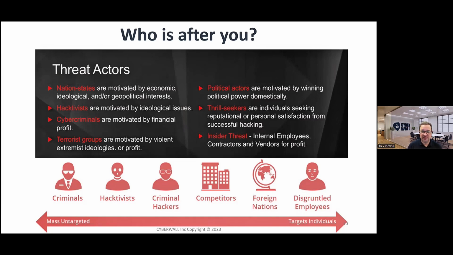So there are a lot of terroristic groups and organizations. For the last 3 or maybe even 4 elections in the United States, we heard every single time that the Democratic conference was hacked, the Republican was hacked. So there are political actors who are trying to gain access to very sensitive information, and there are just thrill